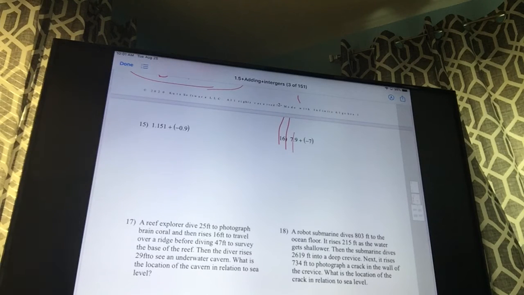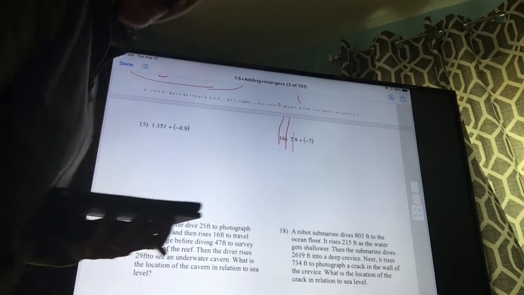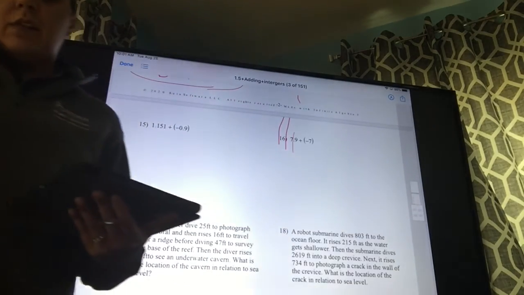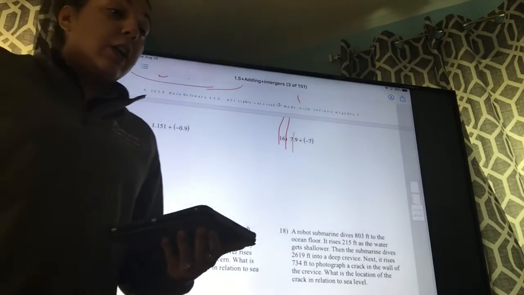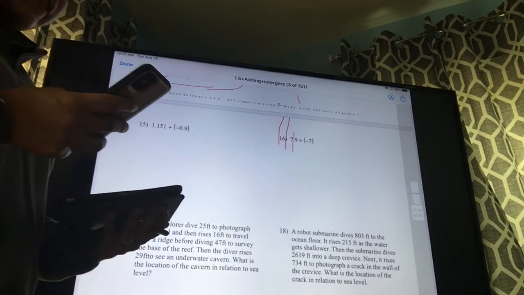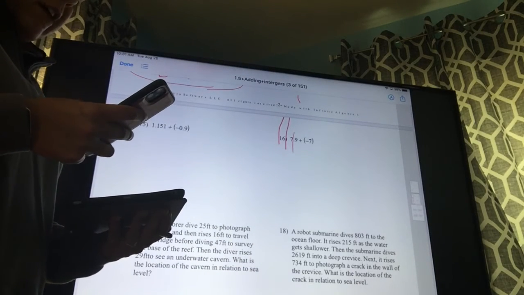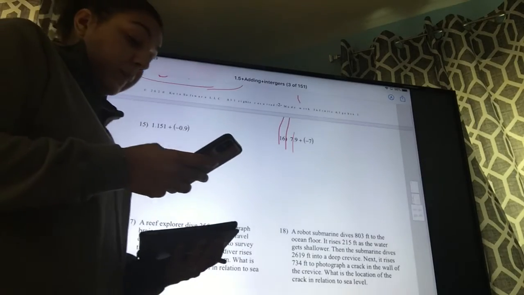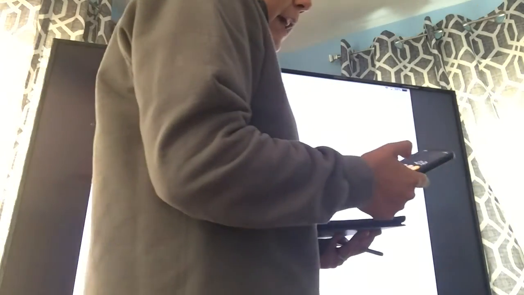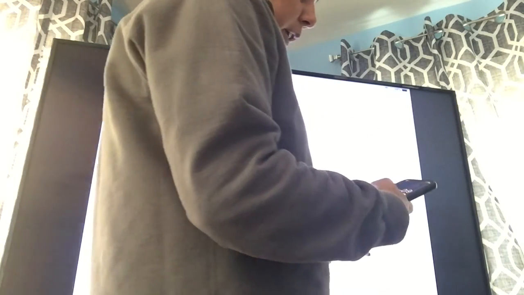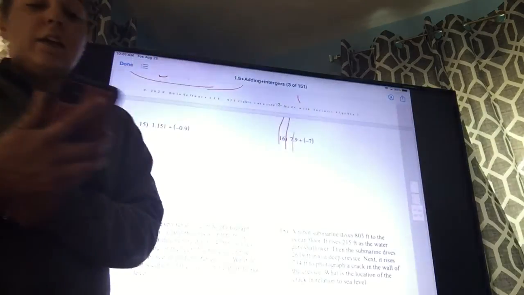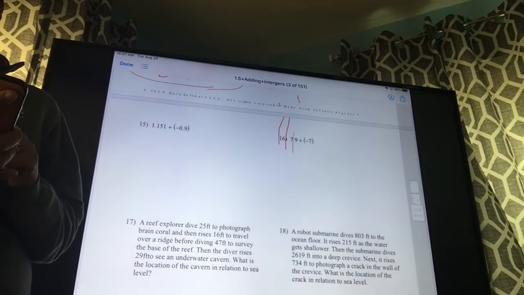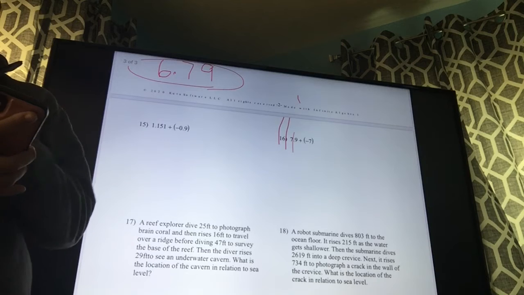Okay, 15 says 1.151 plus negative 0.9. Same thing. You can use it on your calculator. Watch your pluses and minuses, okay? I would do it once and then check it again, okay? So you're going to say 1.151 plus 0.9 and then hit the negative button and hit equals. And it's negative, or not negative, 0.2